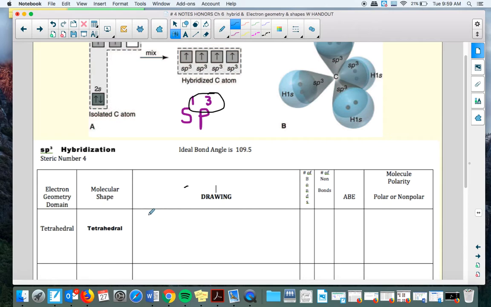And I'll show that to you on the PhET in just a minute, but let's just make sure we're good with terminology. There's something called AXE that we're going to be filling out. A is always referring to the central atom, and E is the